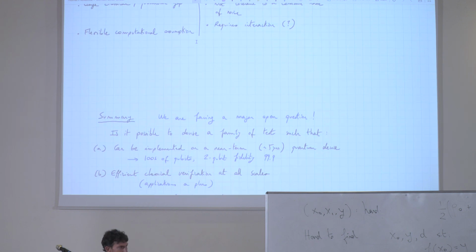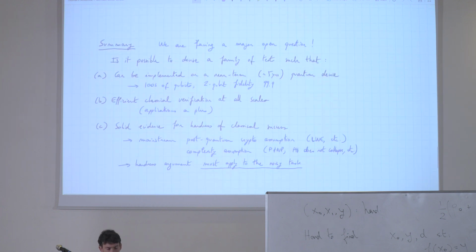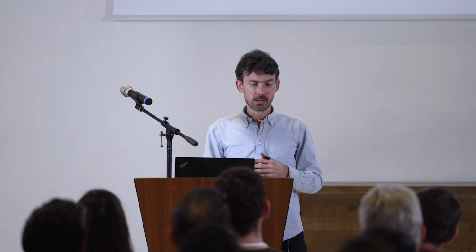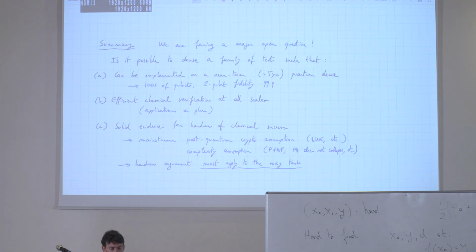Okay, so 2 minutes to summarize. Okay, so this is the summary for the entirety of the lectures. This is why also I thought it's nice to talk about this, even though the upshot is a little bit negative. I mean, the random circuit sampling, we don't have good enough evidence, and this proposal we have good evidence, but we can't really execute it right now. It means that there's some open problems to solve,